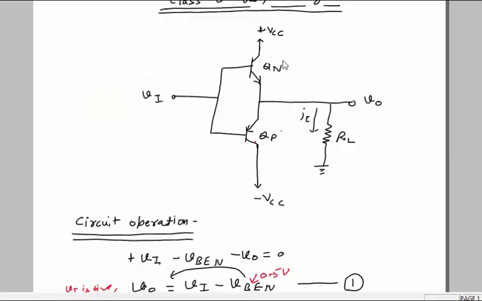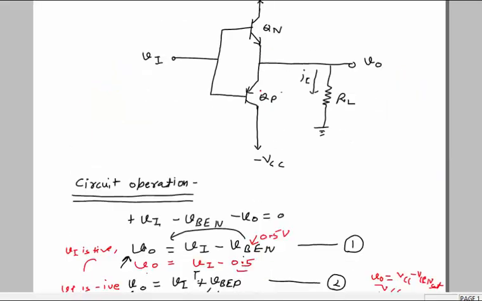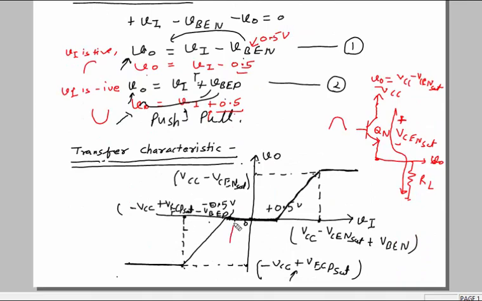So here we are getting this dead band. When Vi is from minus 0.5 volt to plus 0.5 volt, in this range, from here to here, because of this we will get the crossover distortion, because in this zone the transistor is not operating in any of the input cycle. So let us illustrate that.